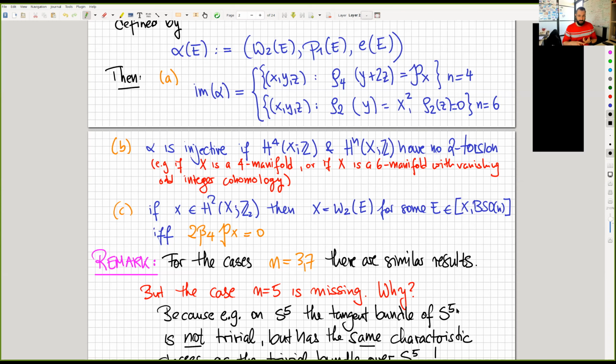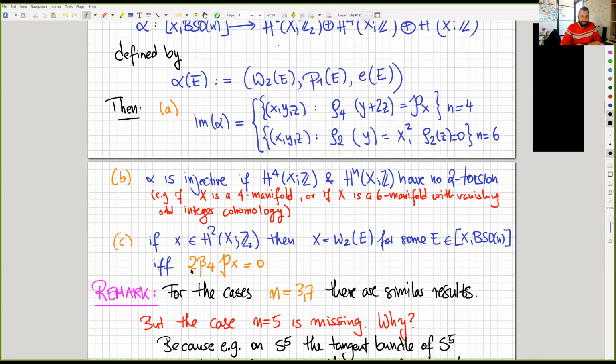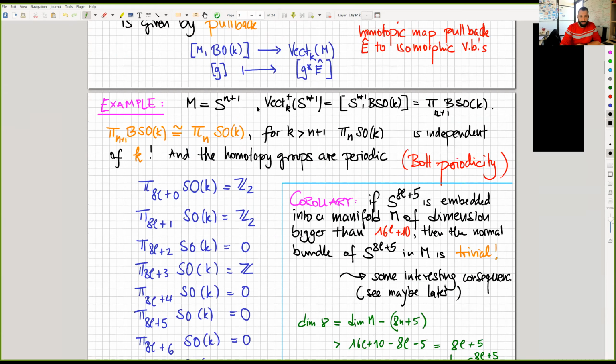So actually, the only possible candidates for characteristic classes in degree 5 are the Euler class, this vanishes, and the fifth Stiefel-Whitney class, this vanishes also for every vector bundle over S5. But we know, I didn't write it here, I'll tell you later a little bit about that, because of this classification here, we know